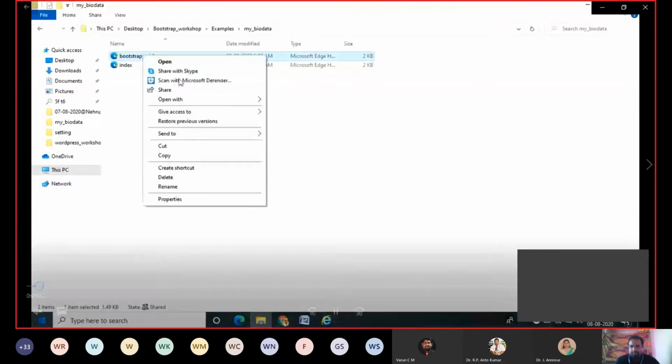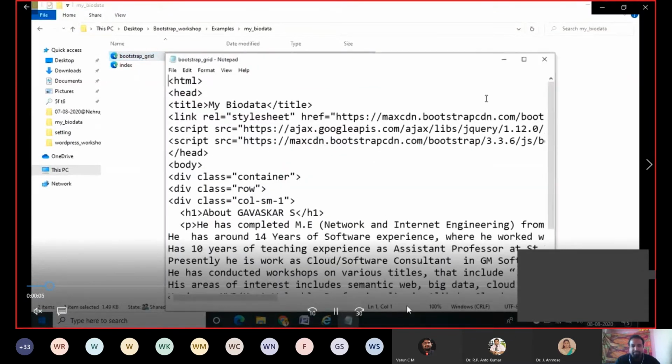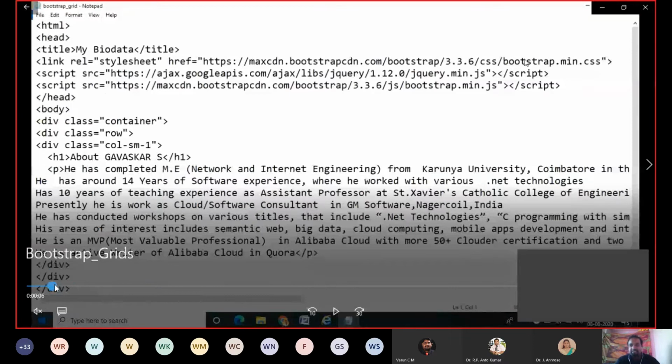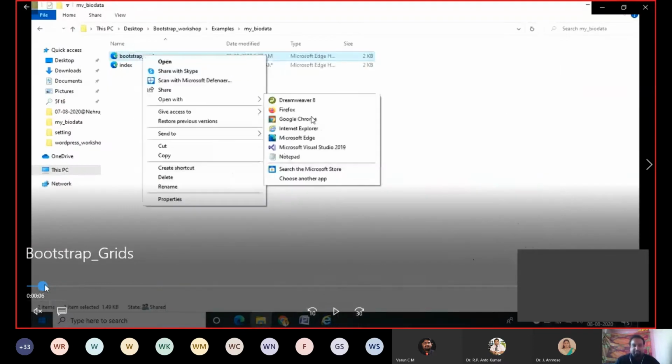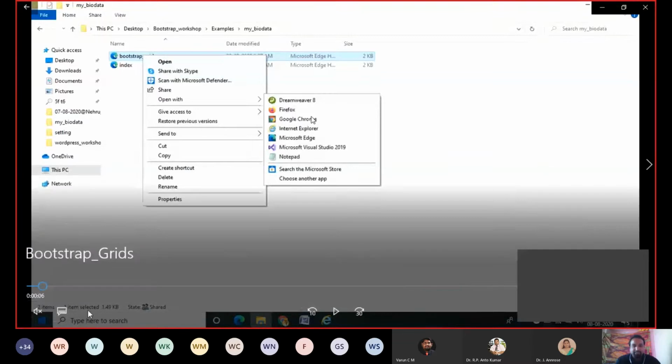Now, one more thing. Before proceeding to create the web page, your content should be ready with you. That is very, very important. If you are going to create a web page for your college, just copy and paste the contents present in your college into a notepad. If you are going to create a web page for yourself, for your biodata, just copy and paste your content from your resume into a notepad. Then it is easy for you to create a web page. In spite of simply typing X, Y, Z or ABC, you can type your own content. So I am going to create a web page for my profile. Similarly, you can also proceed with that.